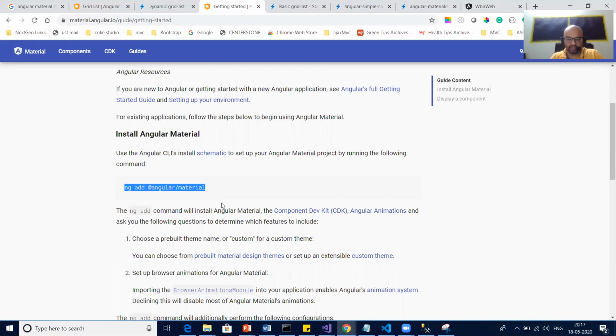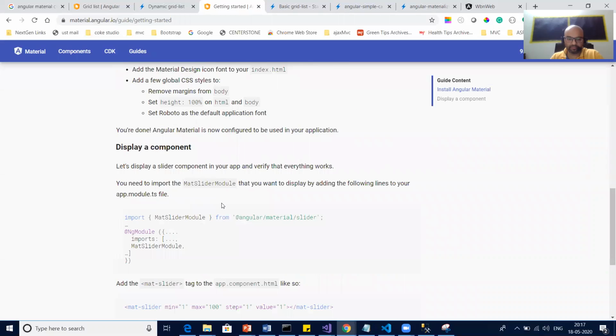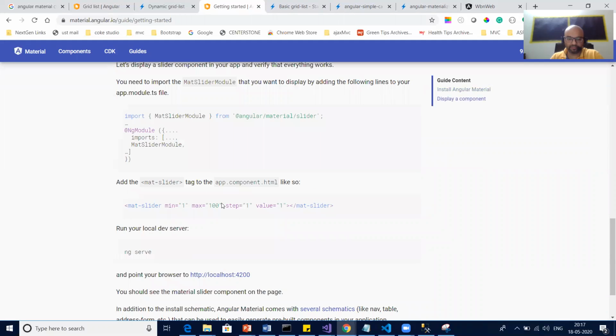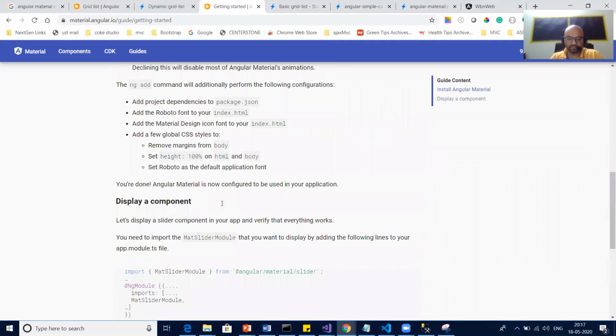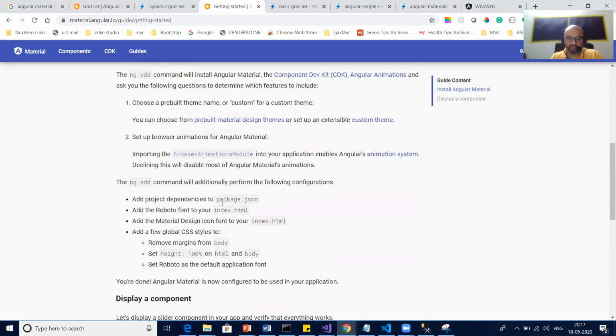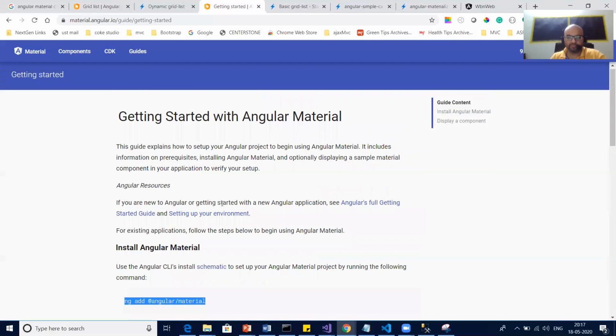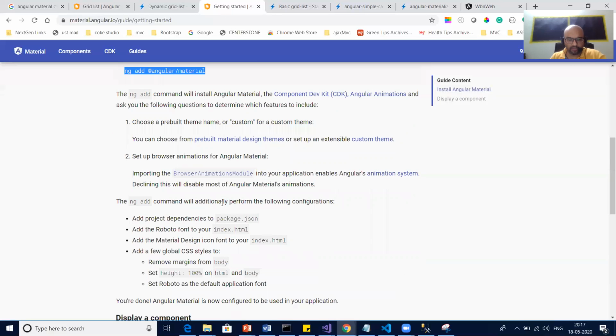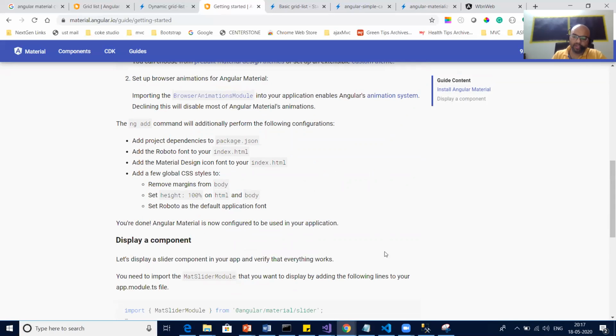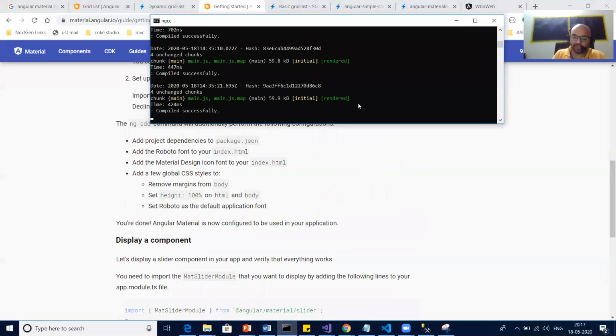We'll add Angular Material. I guess, is that enough? Yeah. Let's add it in our project.